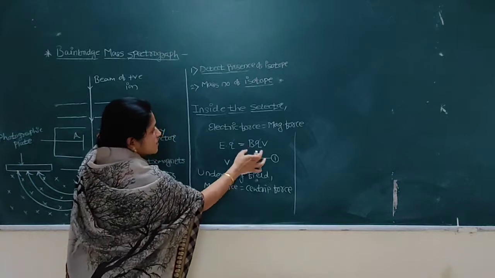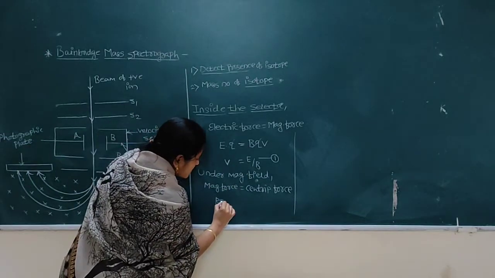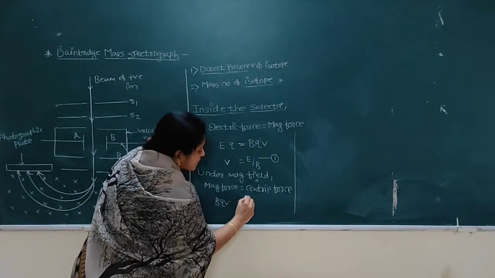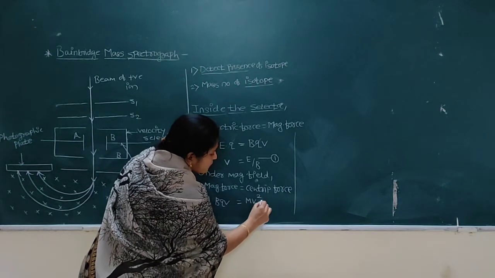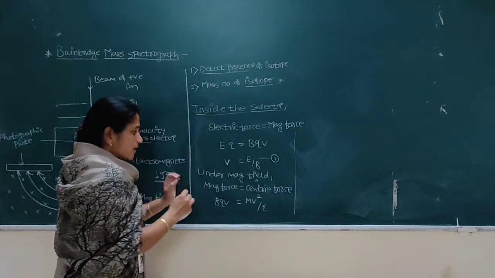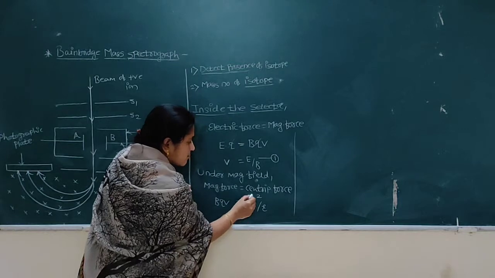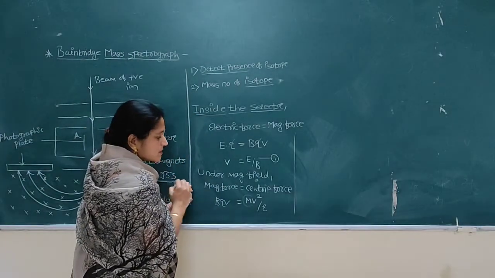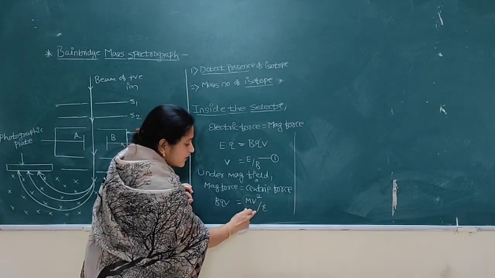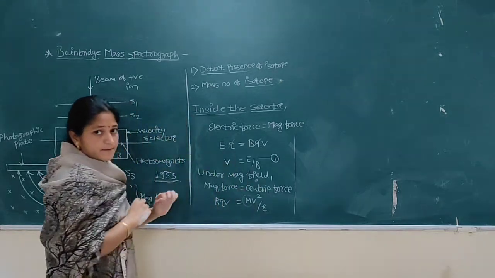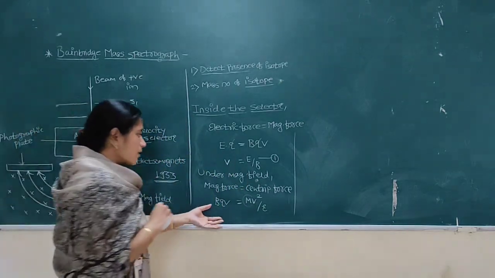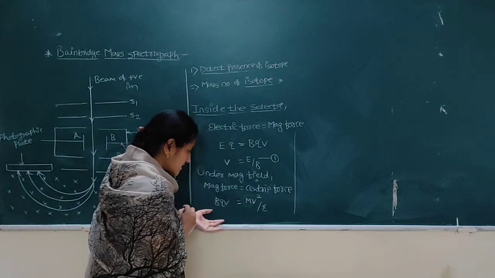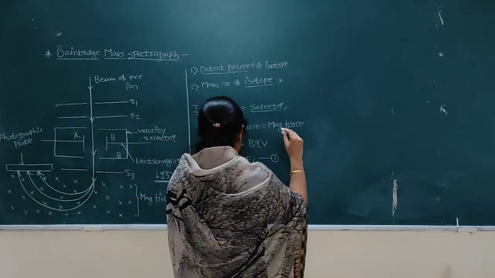So magnetic force is BQV, and centripetal force we can write as mv square divided by r. Now this m indicates the mass of the ions moving with the velocity v with the radius r. Now here also v will get cancelled. Remaining equation we can write